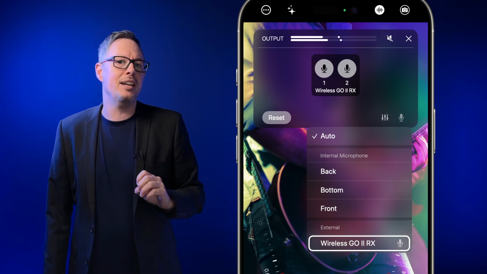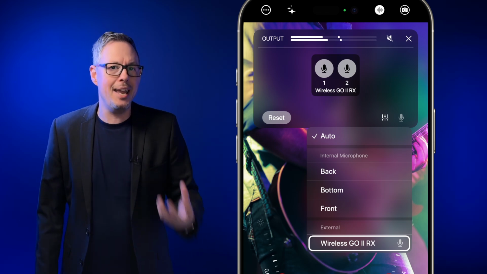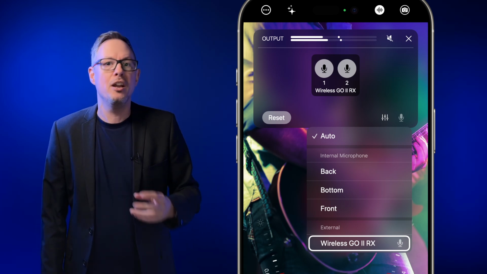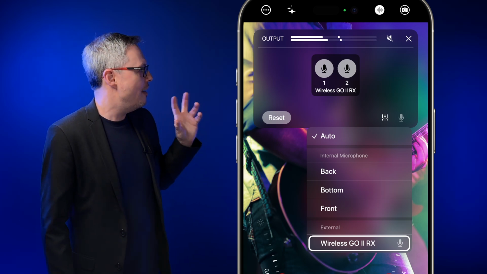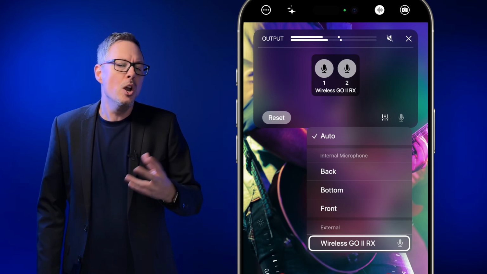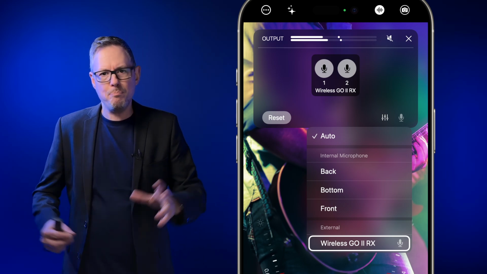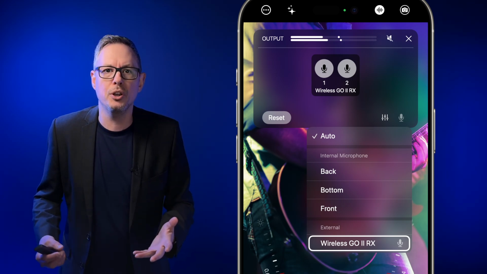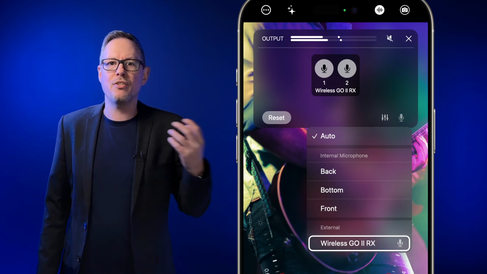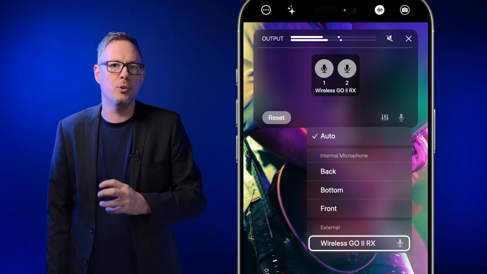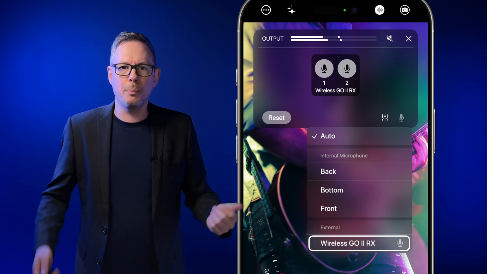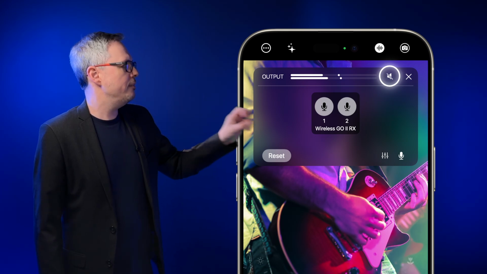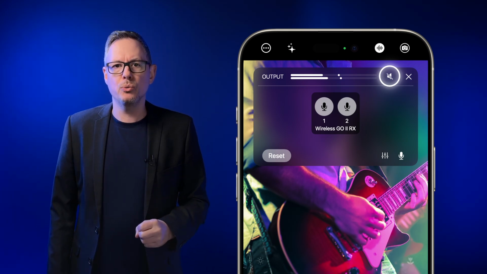And the reason is that for every device that you plug in, we remember the settings. So Mavis will remember what settings you last had for the last device you plugged in, and therefore we can recall it straight away. So you can set something up, put it in your bag, take it somewhere, get it out again, and turn it all on in whatever order you want, and it will remember the settings for that particular microphone. That's really useful if you've got lots of devices and you're chopping and changing around what you're doing.